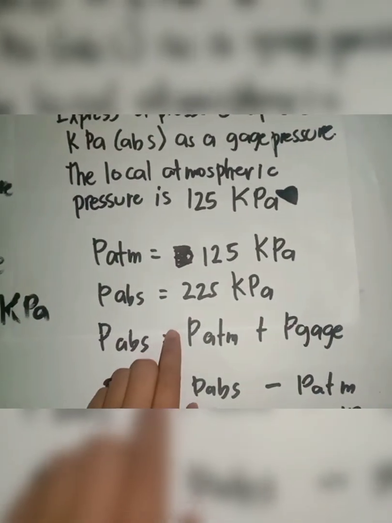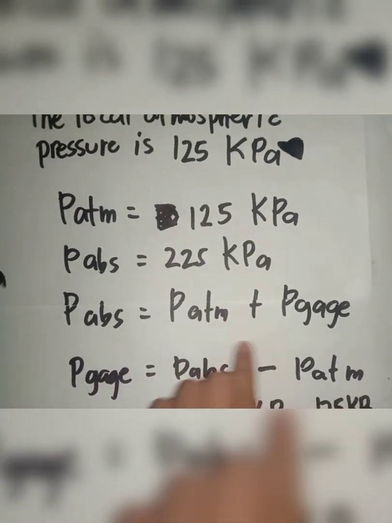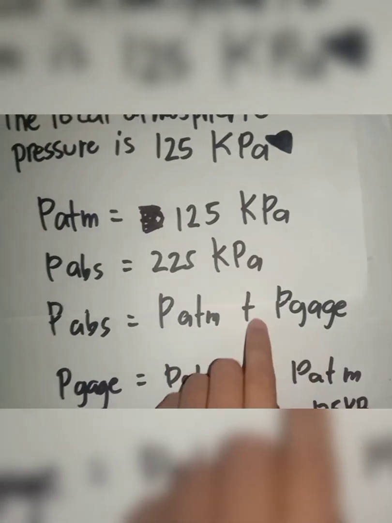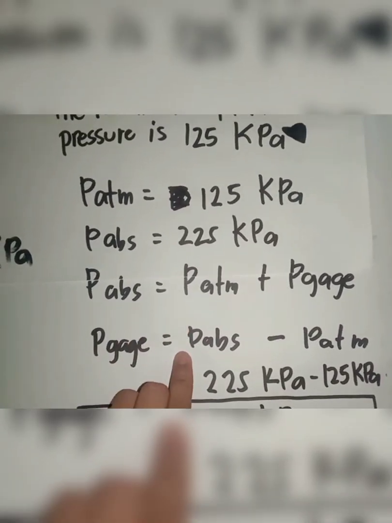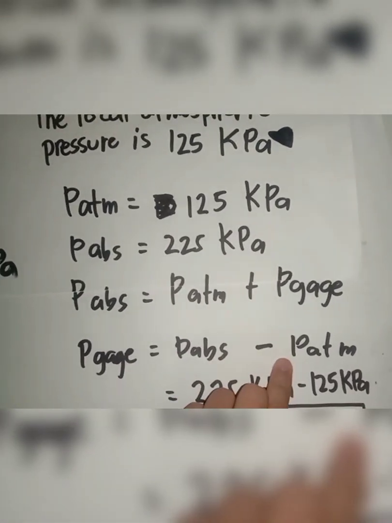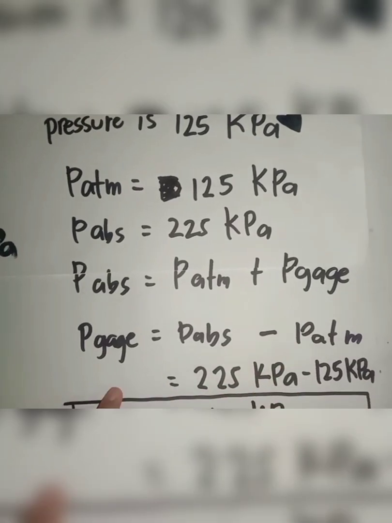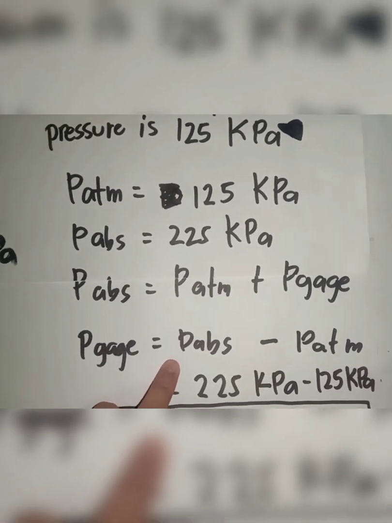So the absolute pressure is equal to atmospheric pressure plus gauge pressure. So the gauge pressure is equal to absolute pressure minus the atmospheric pressure. So the absolute pressure, it is